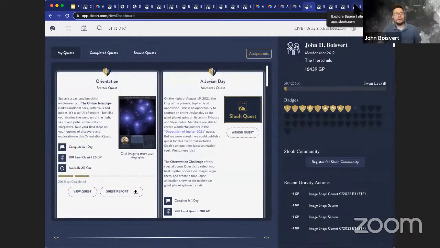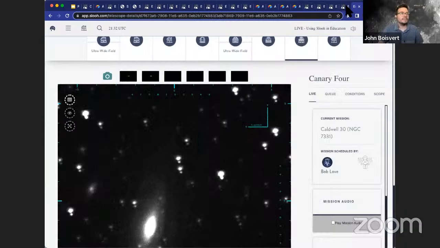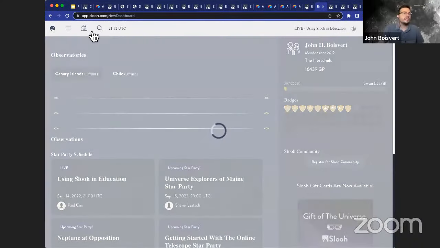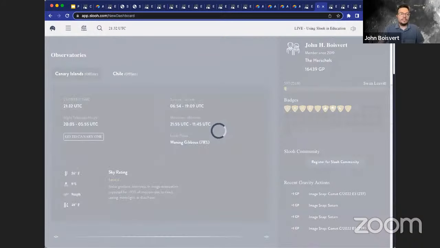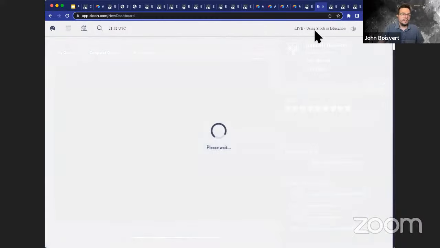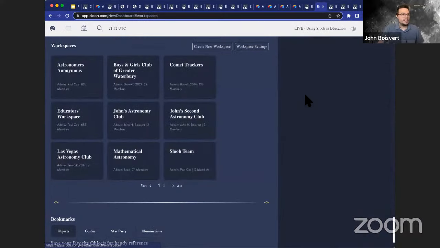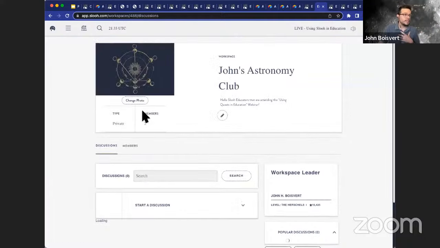We are. The classroom monitoring is something that I can show us now if we would like to. So I should start from the dashboard. If you click on the little profile icon in the upper right, you can click on My Workspaces, and that'll bring you all the way down to where your workspaces are. Now I have John's Astronomy Club, which is my demo workspace for checking out all of the educator tools. And so hello everybody here in the webinar.